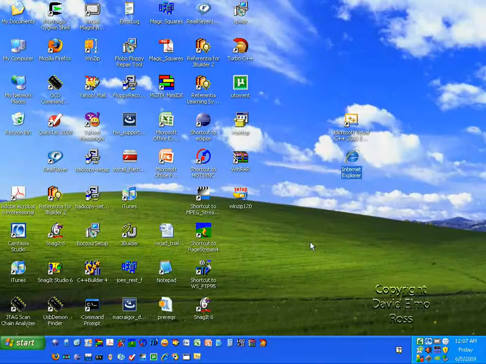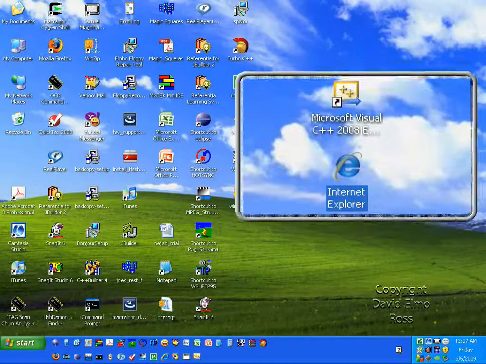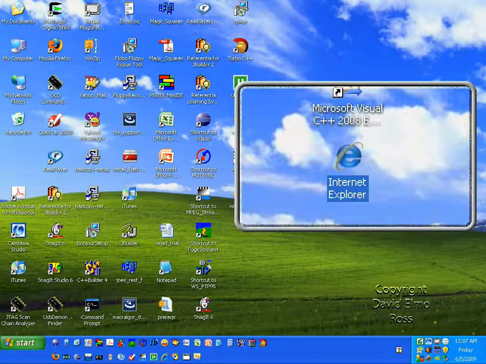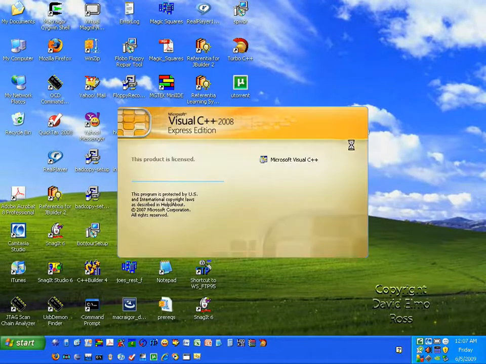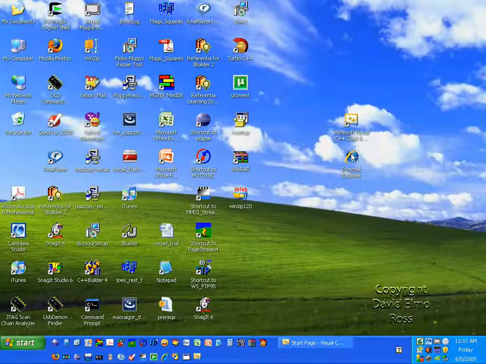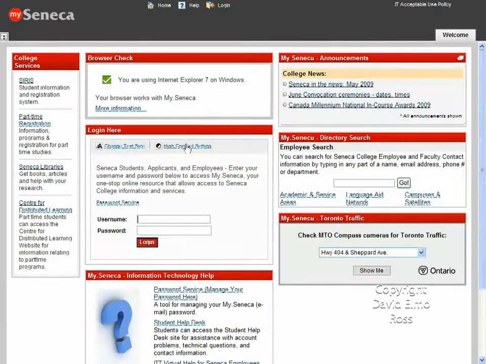Okay, it's time to get started on Lab Module 3. And as always, we're going to bring up Visual Studio Express and Internet Explorer, so let's do that. I'll launch Visual Studio first, put it in the background, and then bring up Internet Explorer. Once you get logged in,